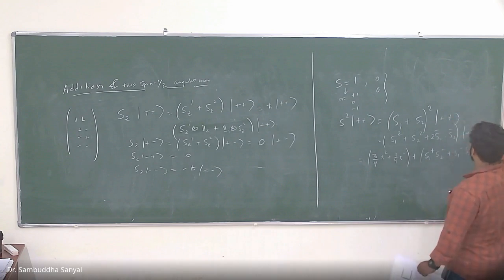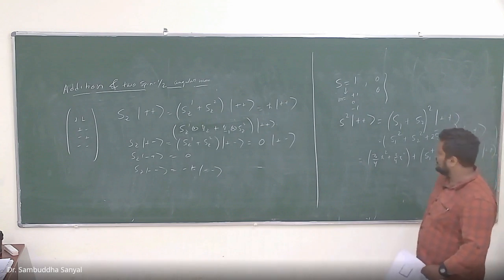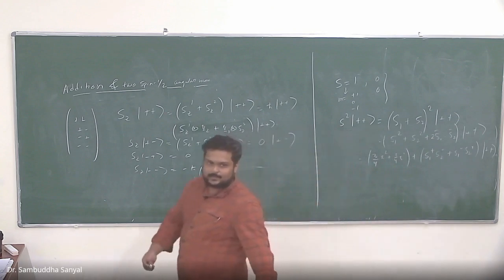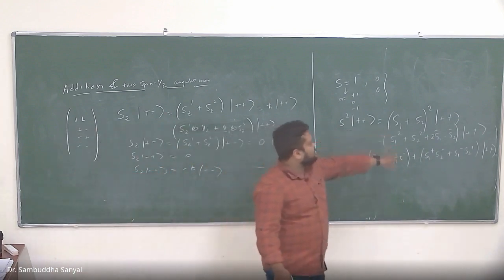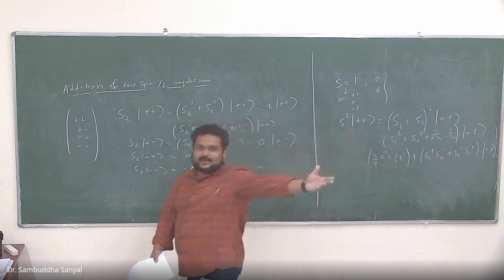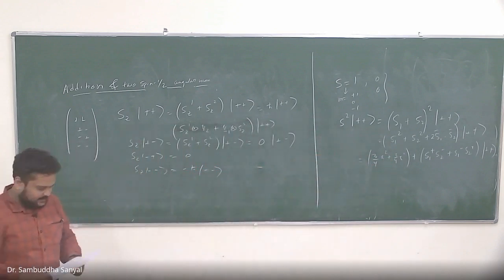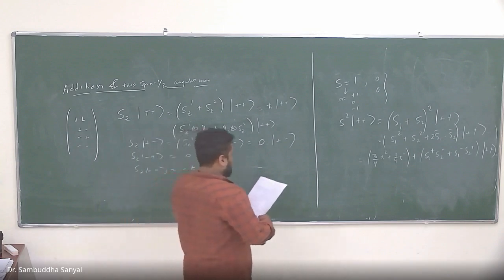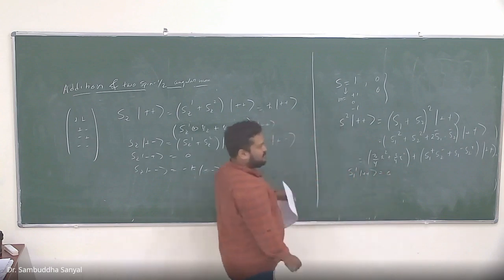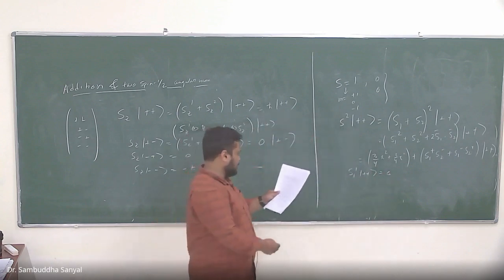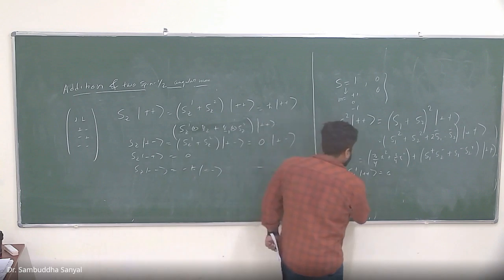Sorry, plus. Okay. So now what about the second one? Even if I had plus minus, this wouldn't have changed because A square is A square. Okay. How does this act? So S1 plus acting on plus will give you 0. Right? So that will happen also for the other two. So you will basically get